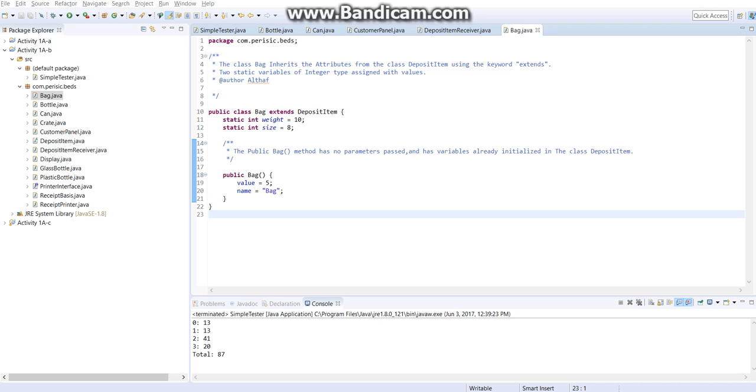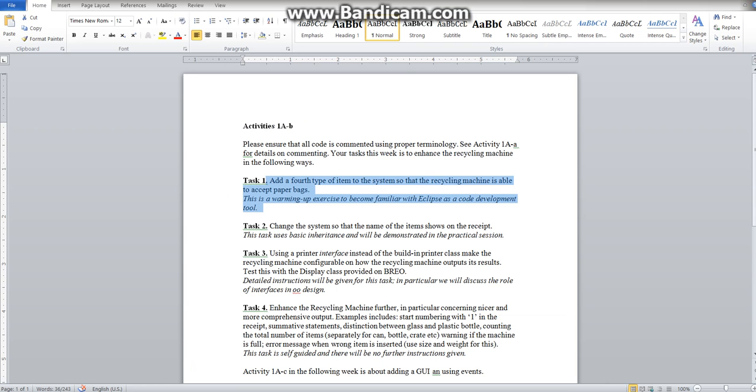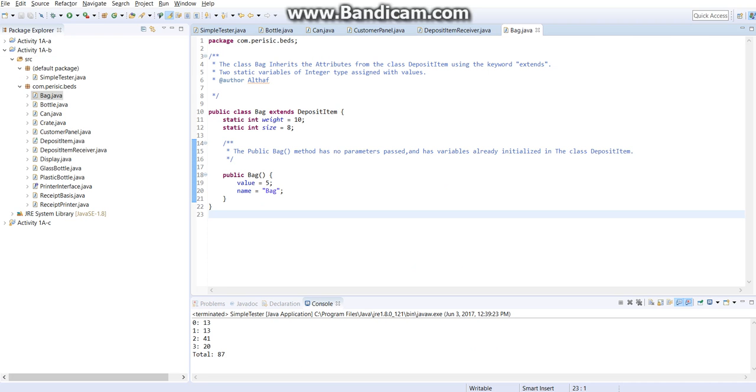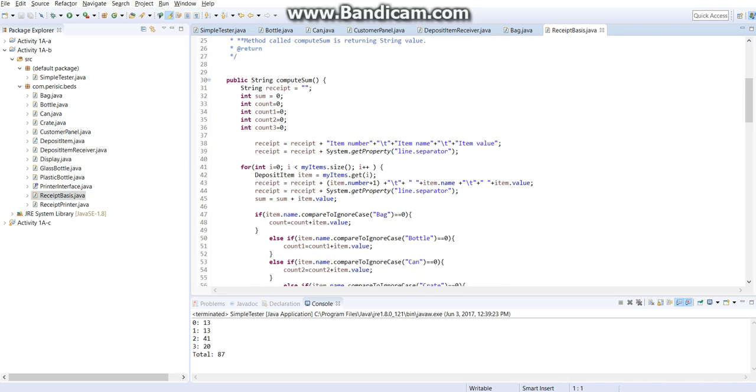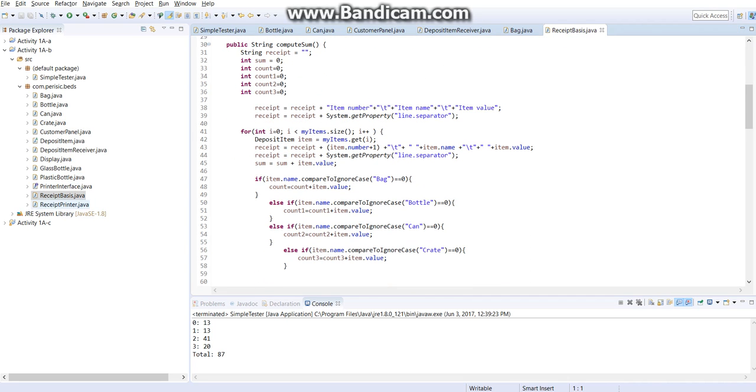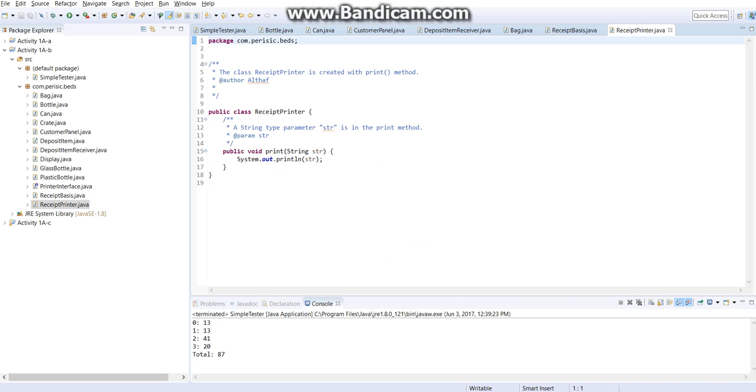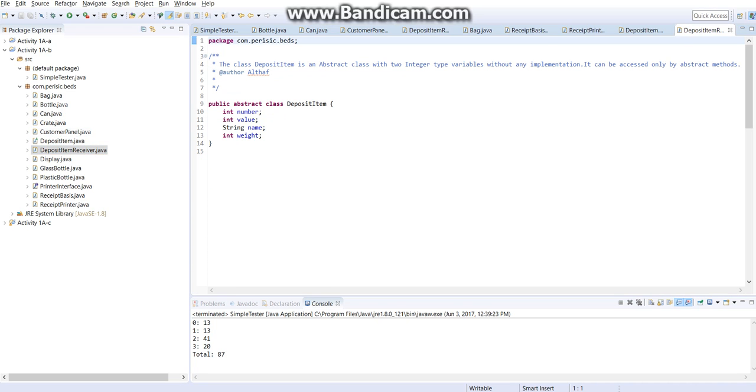And in activity AB, in the second task, we are supposed to change the system so that the name and items are on the receipt. That part is done in the receipt basis, where we have to get the sum on the receipt, and where it prints from here, as we are declaring the string as str, and we call it in the deposit item receiver,